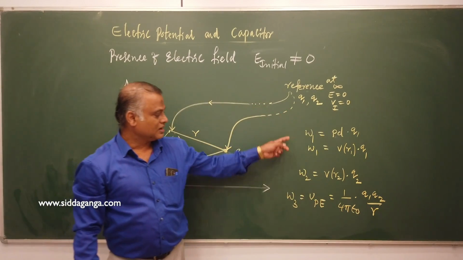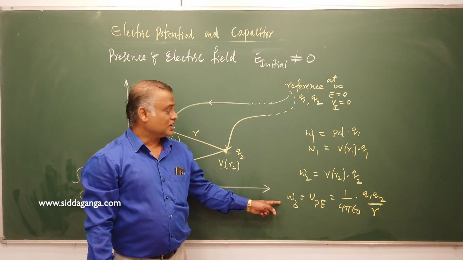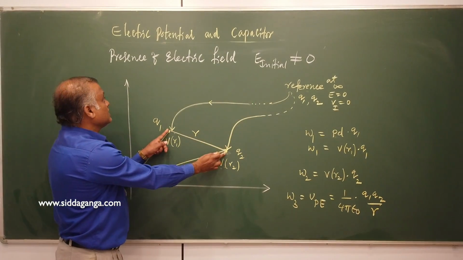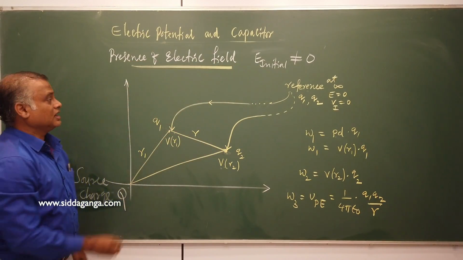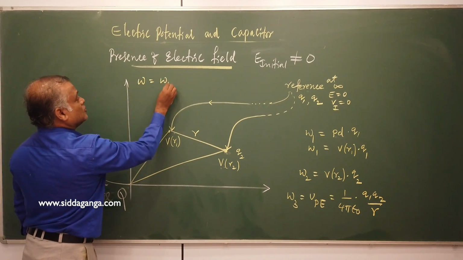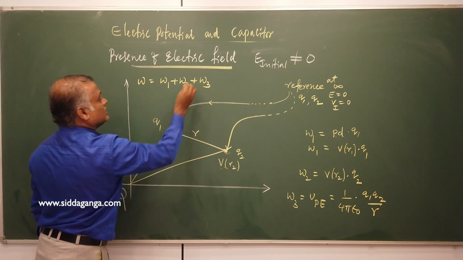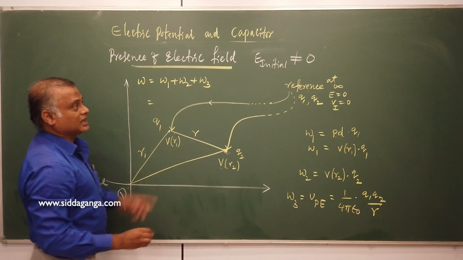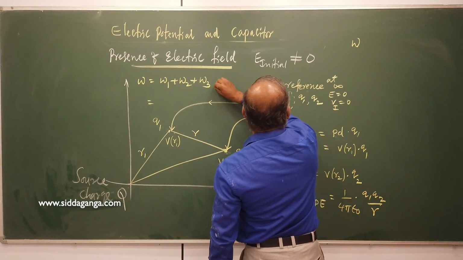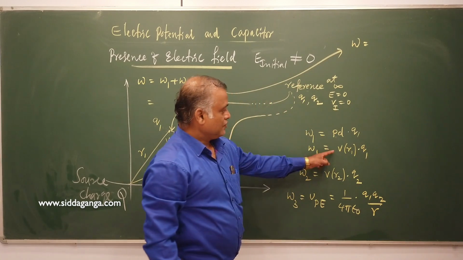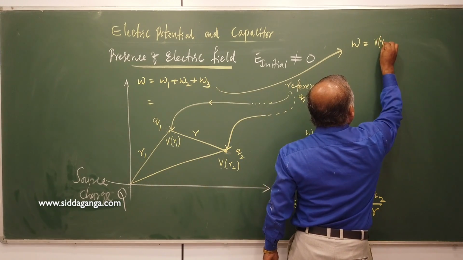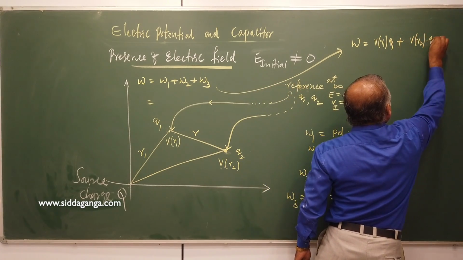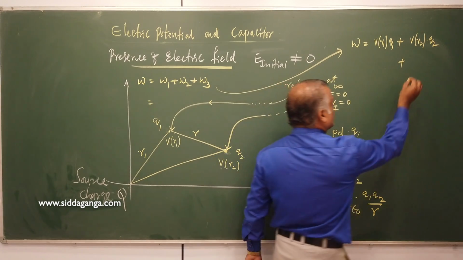R. W1, W2, W3. Now can you tell what is the total work done in bringing Q1, Q2 from infinity to the point under consideration where there is a presence of electric field? That total work done will be equal to W1 plus W2 plus W3. Just all of you arrange this. How much will you get? That is equal to V of R1 Q1 plus V of R2 Q2 plus 1 by 4 pi epsilon naught